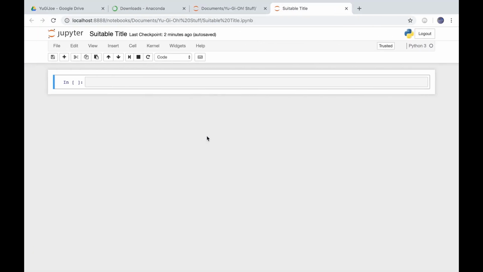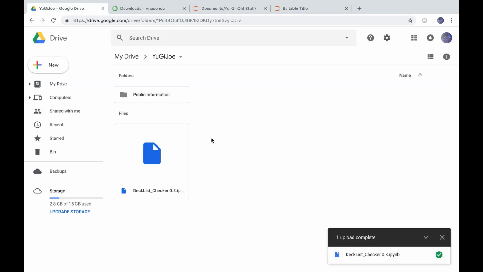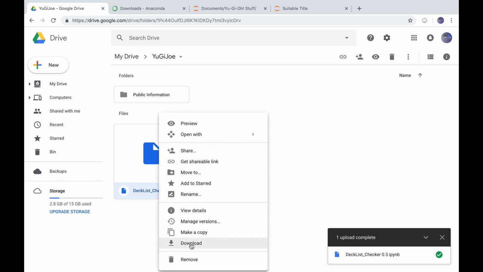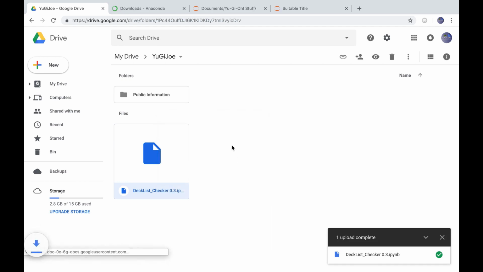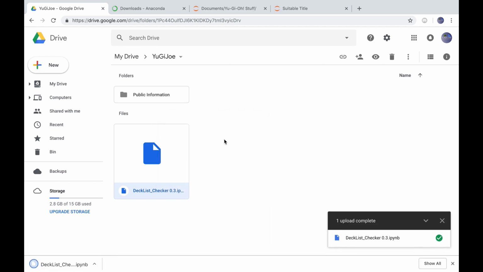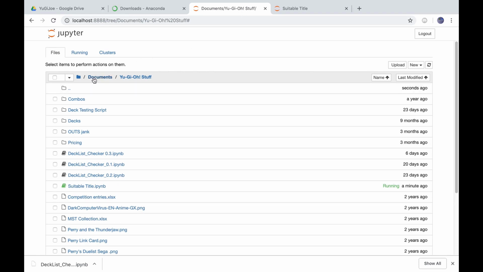and access the code. So within the description of this video, there will be access to a folder on the Google Drive that I have set up, and that will take you through to this Decklist checker. So you want to go onto this and download it, and this is the kind of file that we can operate using our Jupyter Notebook. So then we can head back onto Jupyter Notebooks in the sort of documents section, and we're going to come